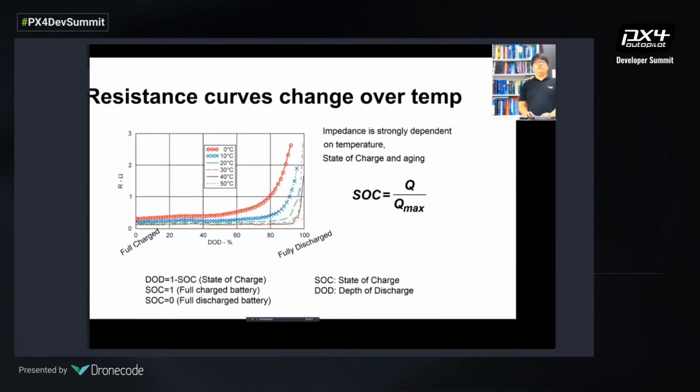So the resistance curve changes over temperature. This is a graph of the resistance curve based on the temperature. From 0 to 50 degrees Celsius, you will see a pretty large gap between the temperatures. So the impedance, which is internal resistance, is strongly dependent on temperature, and also by